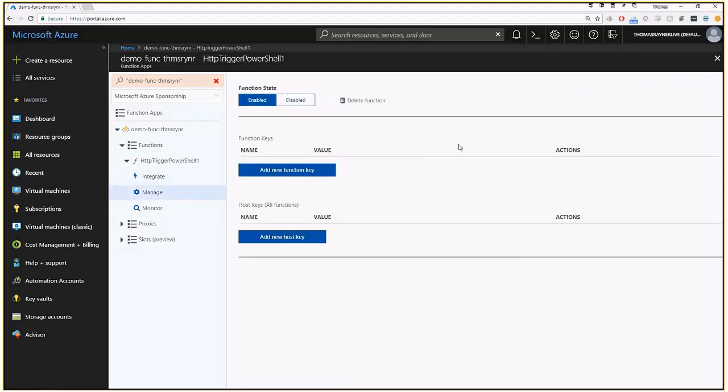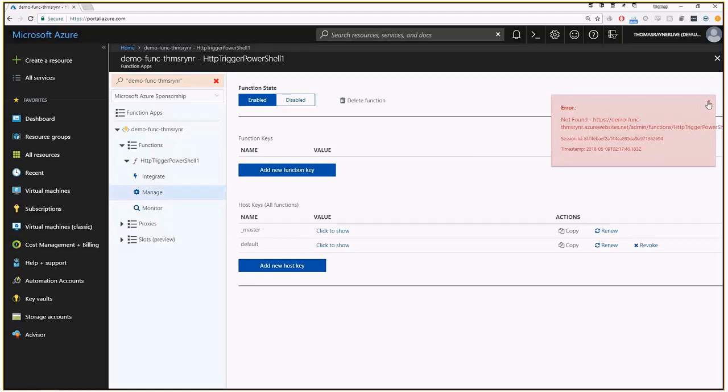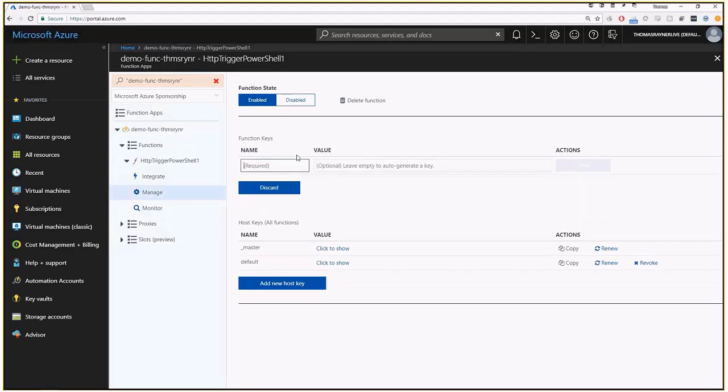Under Manage, this is more useful for a lot of people. This is where you manage your API keys. You can do this through PowerShell as well, or you can do it here. But we have ours on anonymous access, so it's not really important. But if we had a few different systems and we wanted to delegate API keys to them, then this is where we could add a new function key or a new host key. And we could say this one is for Mike, and we could let it auto-generate a key and say save,